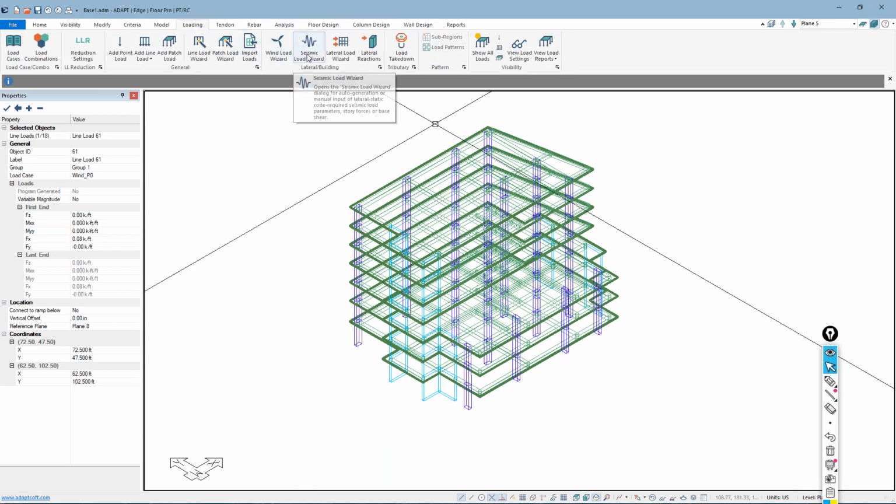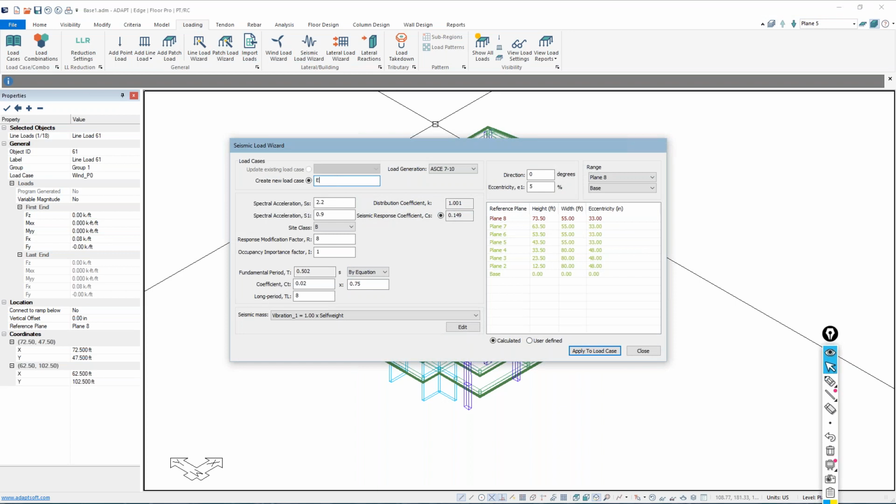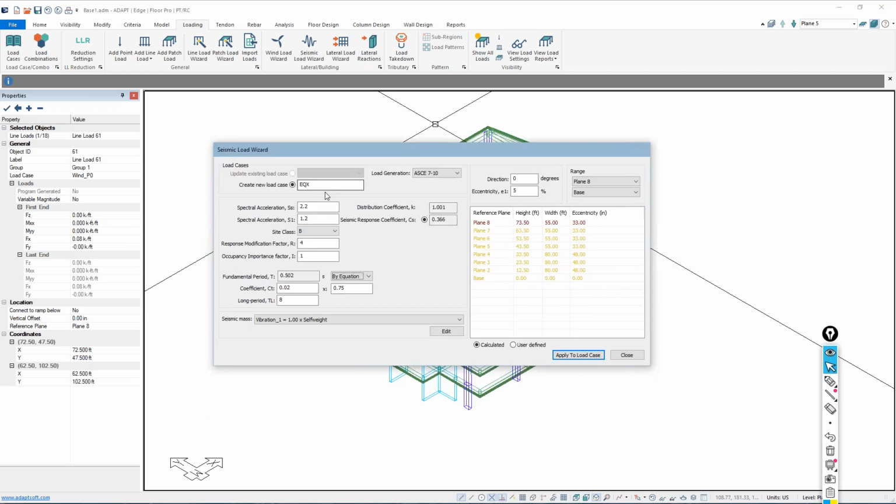Okay, let me come back over to loading, and let's call this EQX. I'm going to bump this up a little bit to 1.2. These obviously are specific to location, so I'll just use the defaults with that modification. R factor, I'm going to say that's 4 for this model, and then we're going to set our direction and